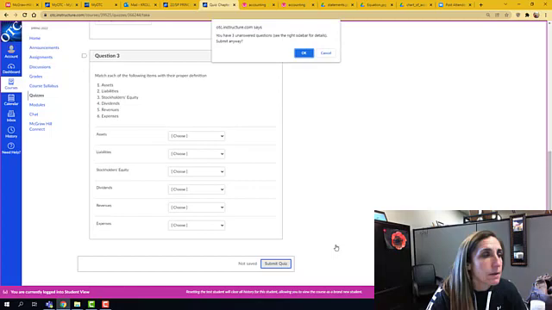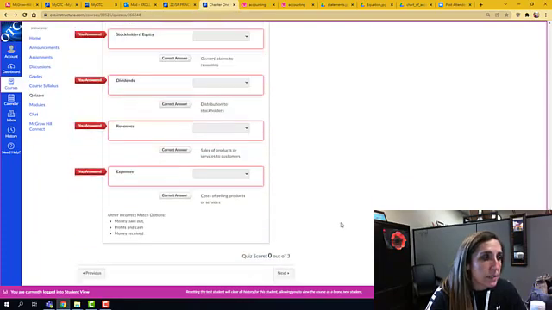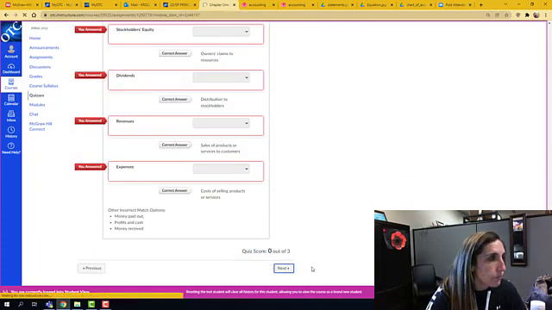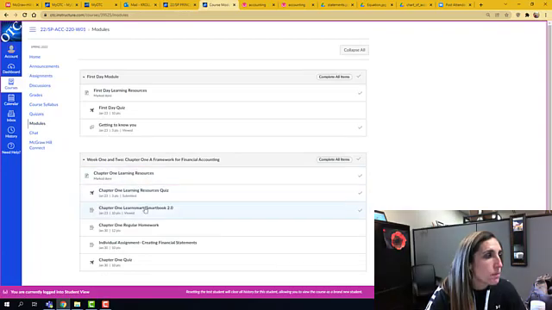The Learn Smart assignment is something you can complete over and over before the due date in order to get all of the points if you would like. So the Learn Smart assignment will now be released or accessible since I have marked the Learning Resources page done and I have submitted.